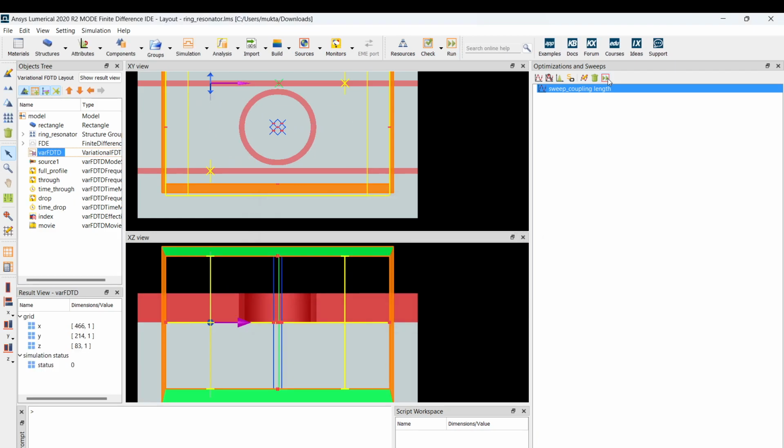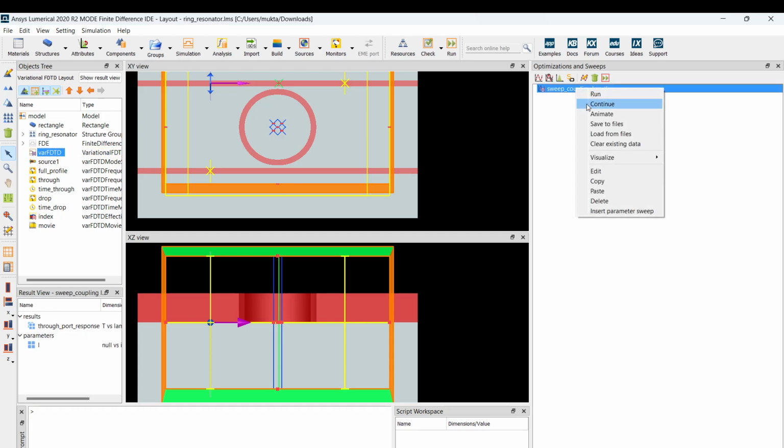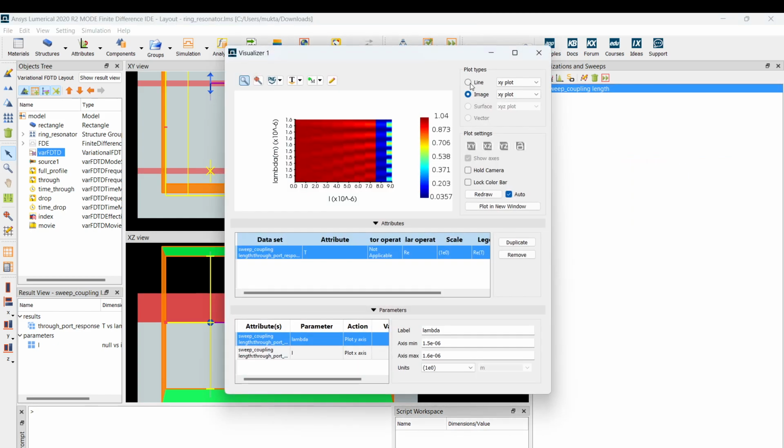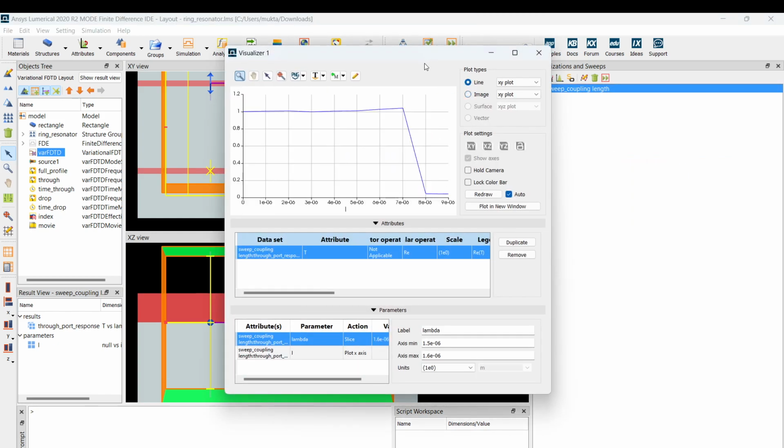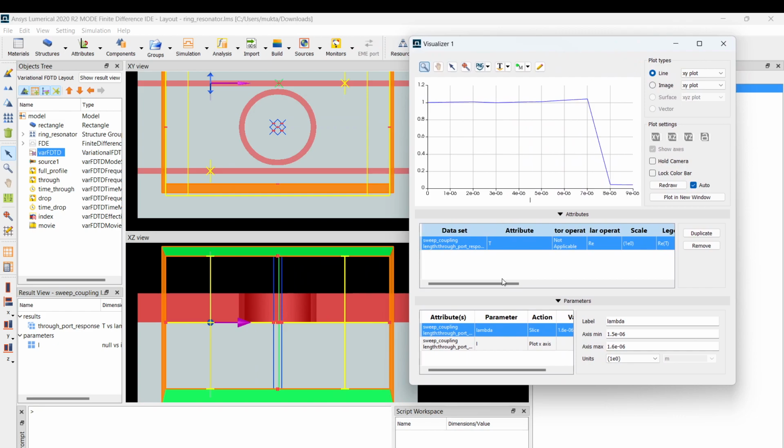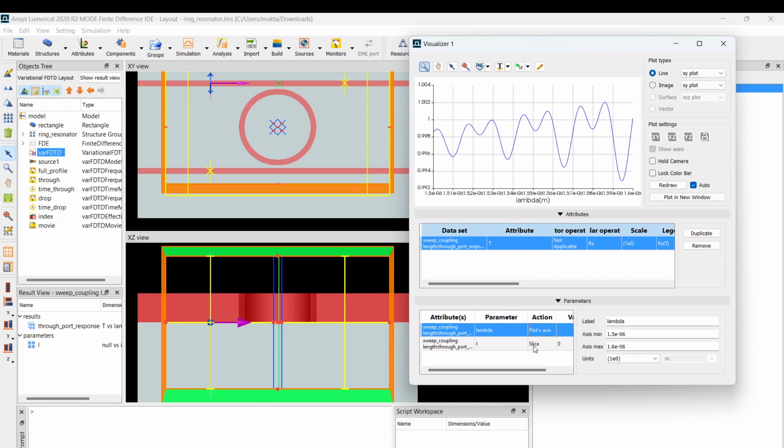The simulation is done. Let's see the results. It has sliced across lambda, but we want lambda to be our x-axis and the coupling length to be the slice.